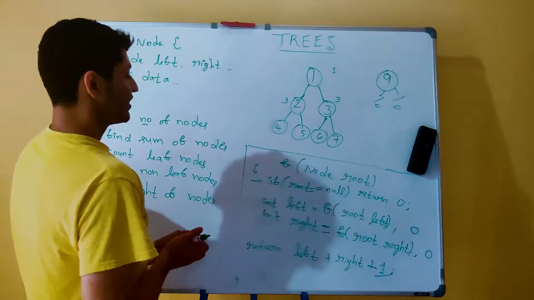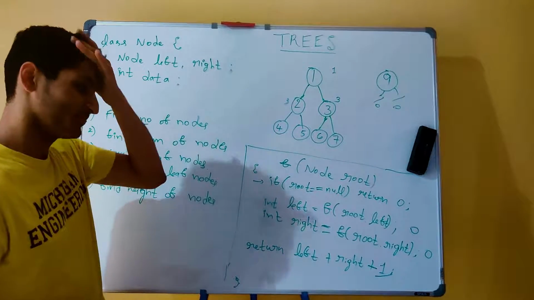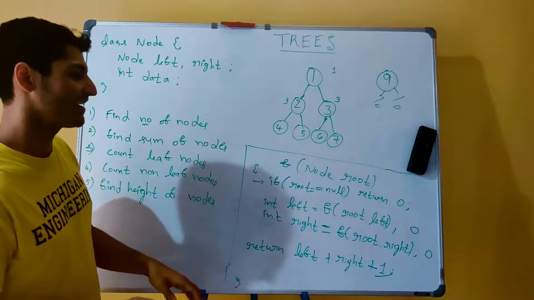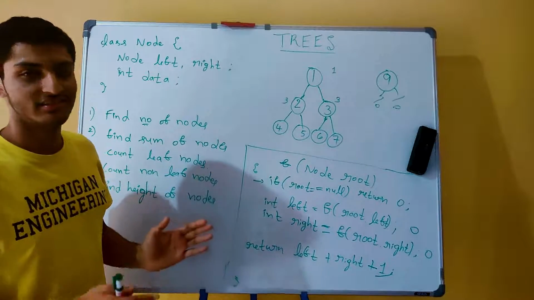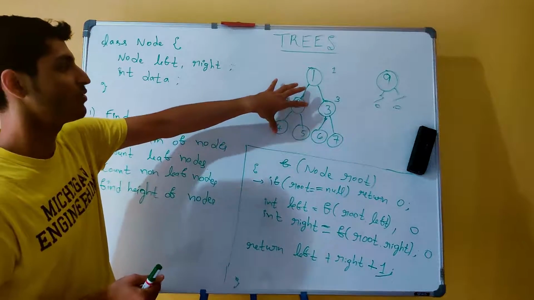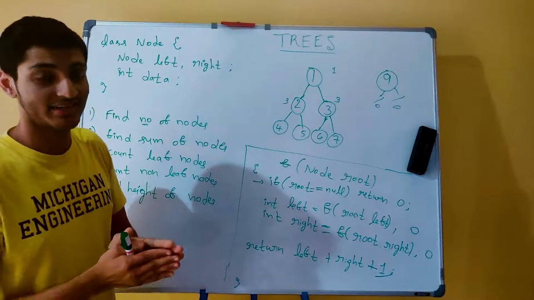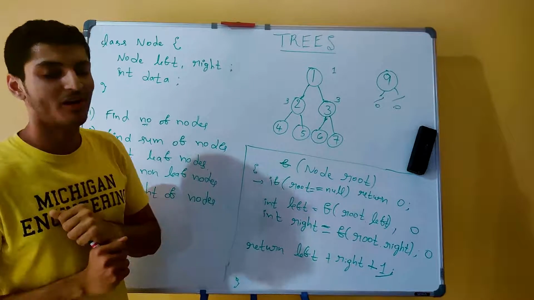Okay, so this is the kind of intuition. I know this is an unnecessarily fine-grained, detailed way, but if you can understand this relationship between how to get the smaller subproblem solutions and how to relate it with the current node that you are looking at, then a lot of tree problems